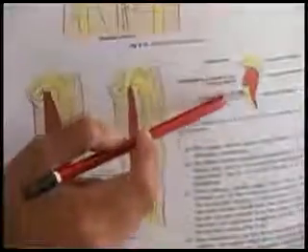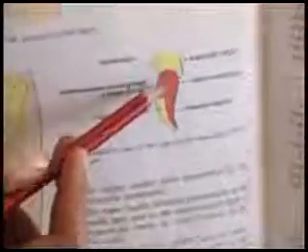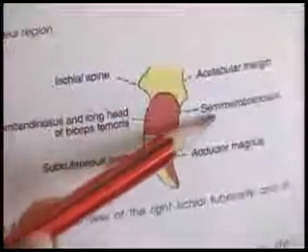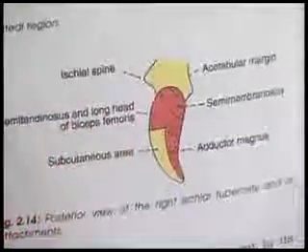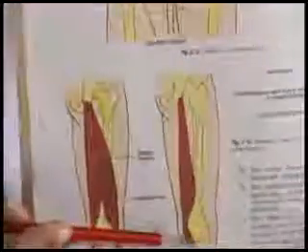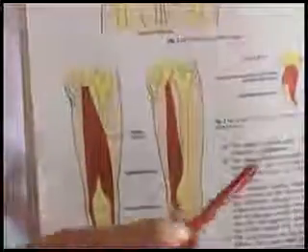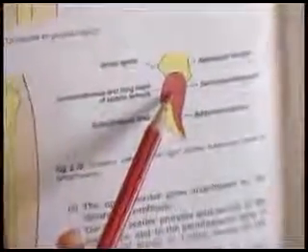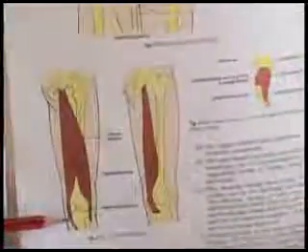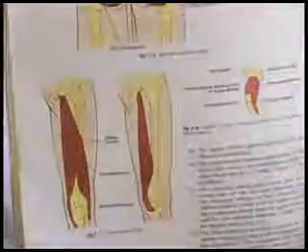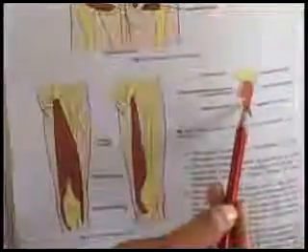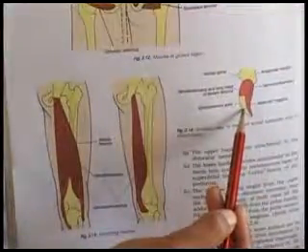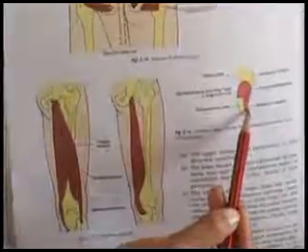Ischial tuberosity. The upper area, superolateral part, gives origin to the semimembranosus muscle. The inferomedial part gives origin to semitendinosus and the long head of biceps femoris muscle. In the lower area, the medial part has a bursa on which one comfortably sits, and the lateral part gives origin to the ischial head of the adductor magnus muscle.